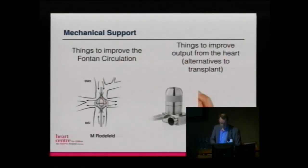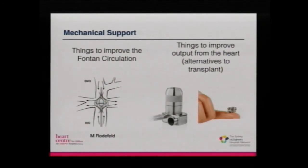We shouldn't forget the role of mechanical support, and I mentioned in my first talk today about the possibility of things to just give that venous blood a little bit of a push to reduce the venous pressure in the lower body just by a few millimetres of mercury. And there's all sorts of clever things that are being developed there. The other thing is that